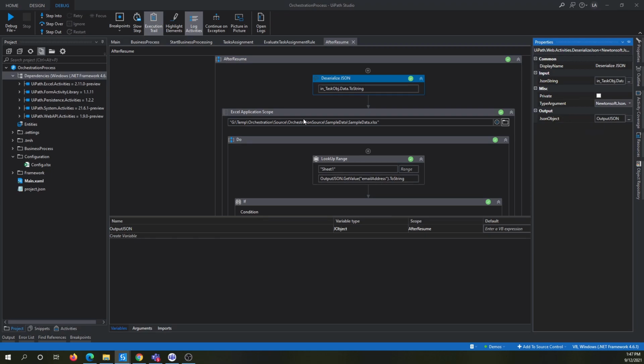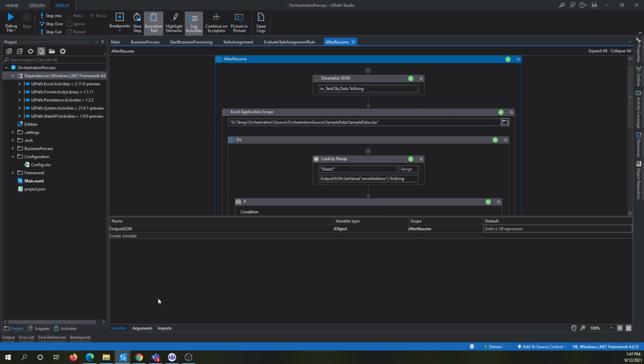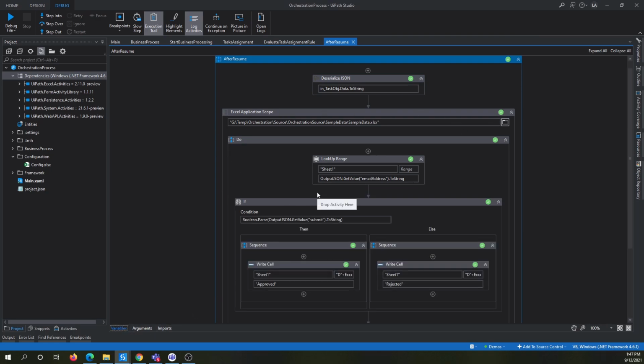And then lastly, I want to update my Excel. So if I click on the approve button, the similar logic that you saw in the auto approval applies. This is the same path that we updated earlier. So I'm opening the Excel file as before, as I showed you earlier, and I'm looking for where it is located. But this time, earlier I used the transaction item, but here I have the JSON object. So what I do here is I get the output JSON, the one that I got from here,